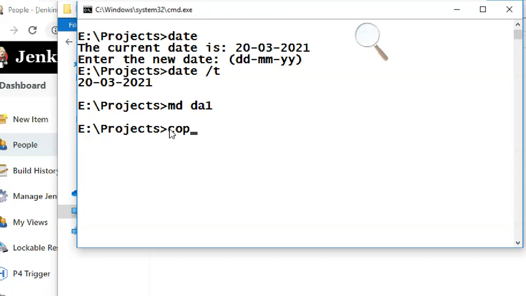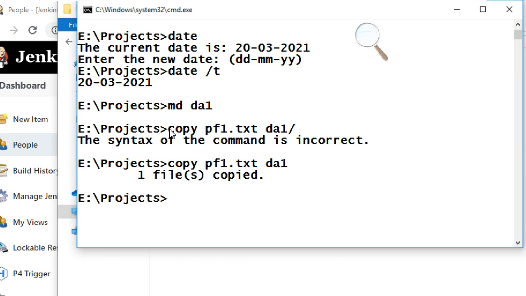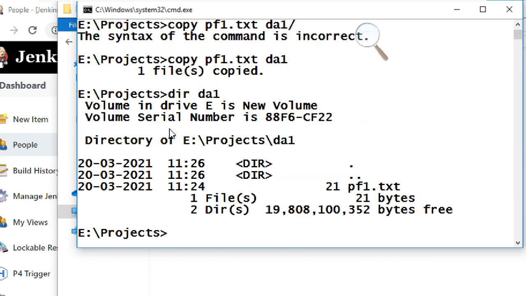Okay, you want to copy a file, like pf1.txt to the da1 directory. Incorrect, we have to give this slash. No problem, one file is copied. So dir da1, the file is copied. Okay, this is very simple, so I want to do these things.